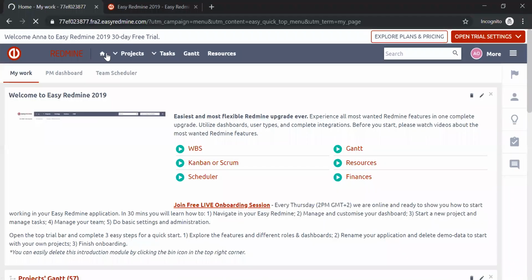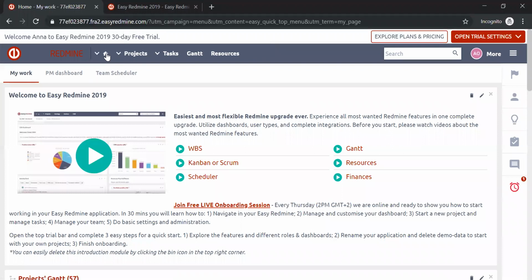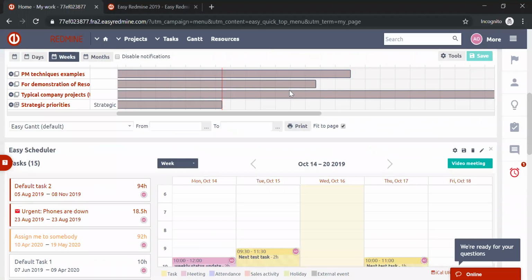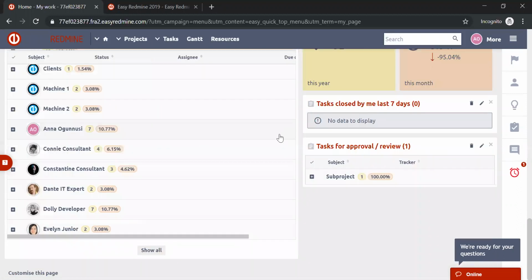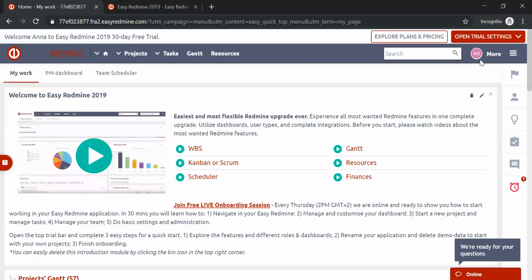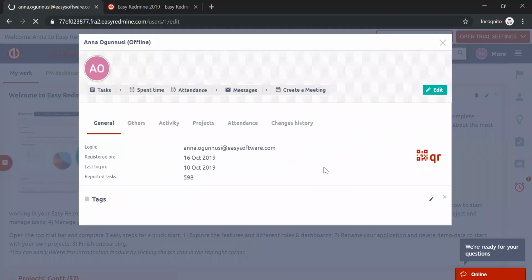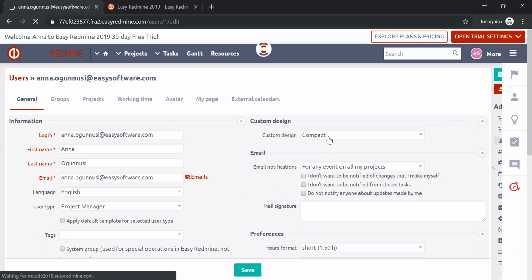So you can see the light and the colors remain the same, but the layout of the graphic elements within the application is much more compacted, simply to display maximum data on one screen. So we are trying to reduce the need for you to scroll. You can see it's more compacted, slightly smaller compared to the default one. Let's go back to the profile and click on Edit, and let's switch to